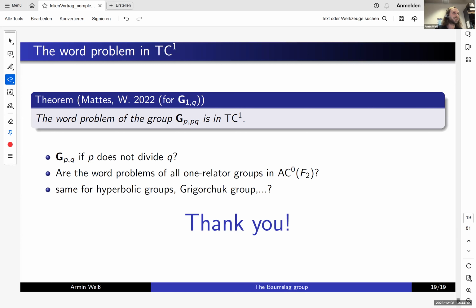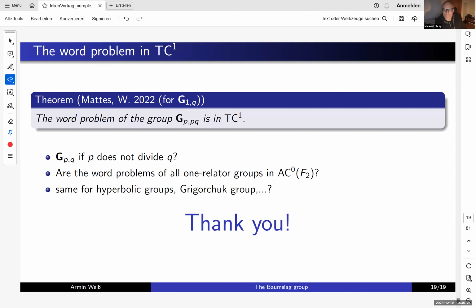Yes, Markus? Yes, so the compressed word problem for the Baumslag group, is this still open, or do you have some results? I have no idea about it. I think you did something about this power word problem for the solvable Baumslag-Solitar groups. But that's all I know. I don't know anything else. Okay. So it's in PSPACE, because the word problem is in log space. But yeah, it's P-hard because we have the free groups. But otherwise, I don't know anything.